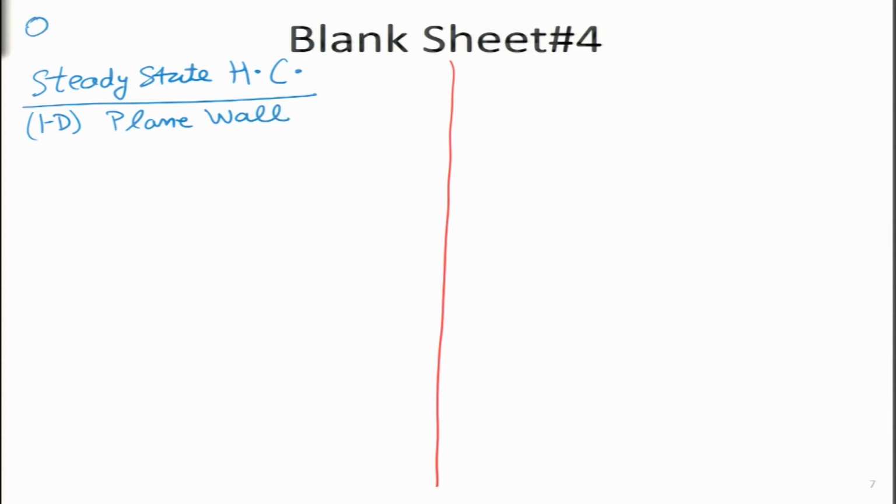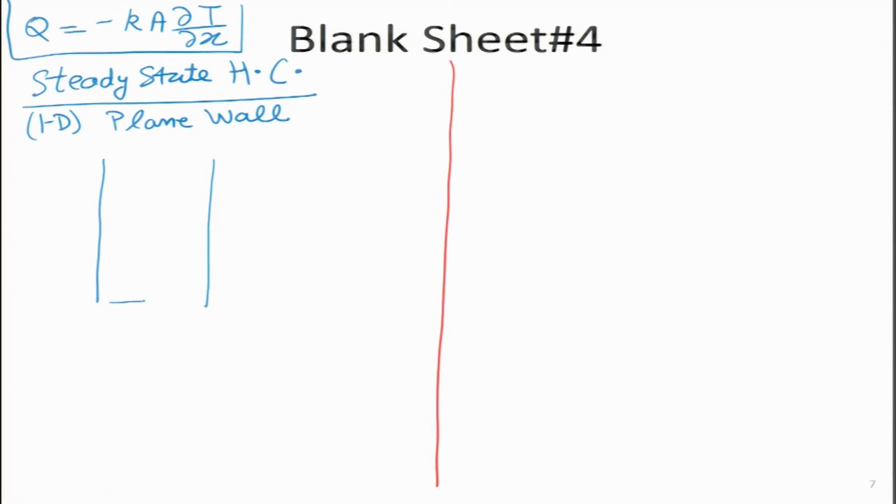And just to keep this equation in mind, I will write it up over here, that we are just dealing with one dimension in the x direction. So, let me draw a simple plane wall over here. I know the length or the thickness of this plane wall is L. This is a vertical plane wall that I have drawn. I am going to mark the x axis over here.